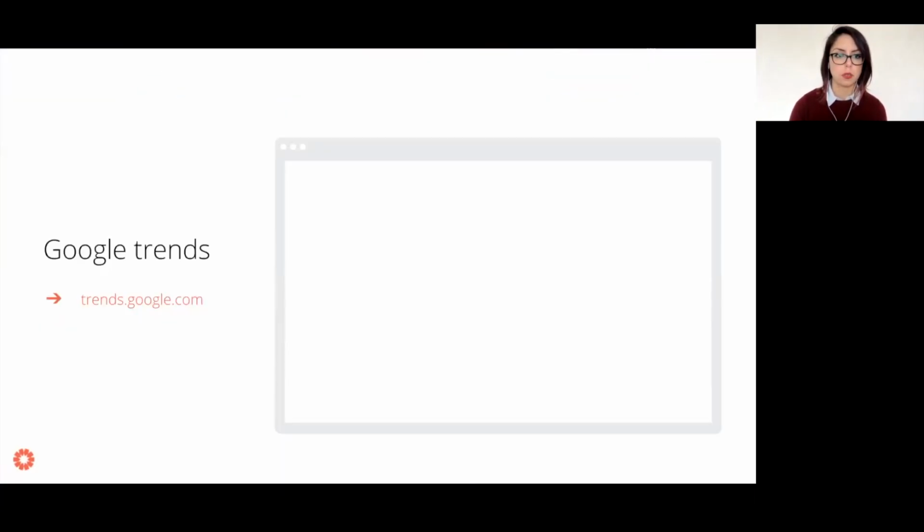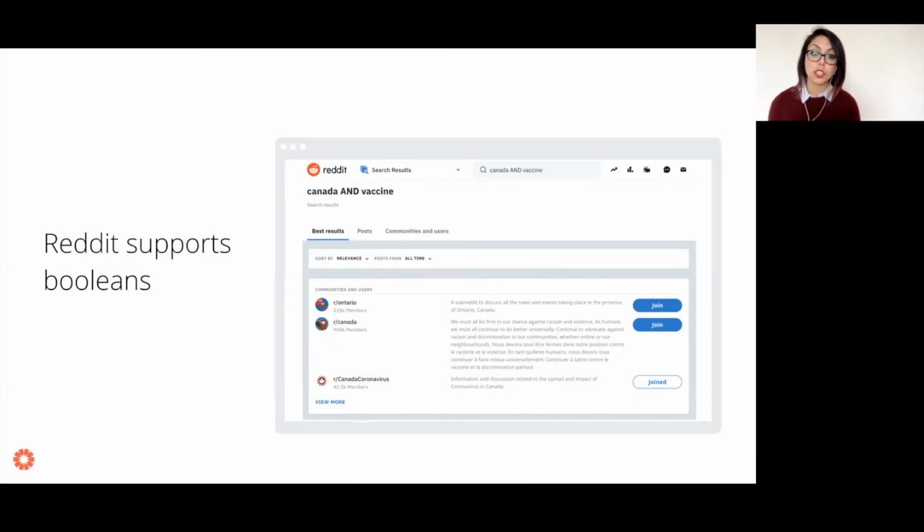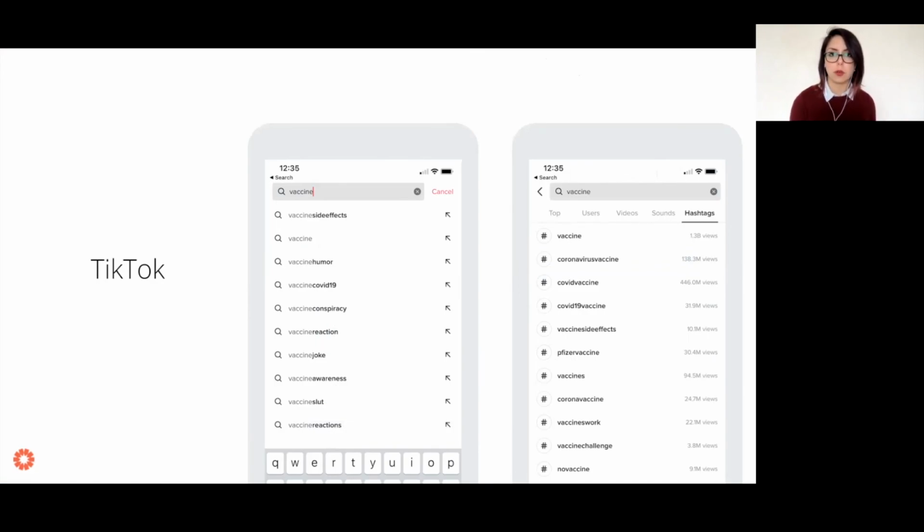Perfect. So we've done Google Trends. Other platforms. So you can use Boolean search queries on Reddit. That can also help you really strategically look for conversations in this particular space. TikTok does not have a native platform or a dashboard that you can use to search for stories, but you can totally use a site search. So like we did with Facebook groups,